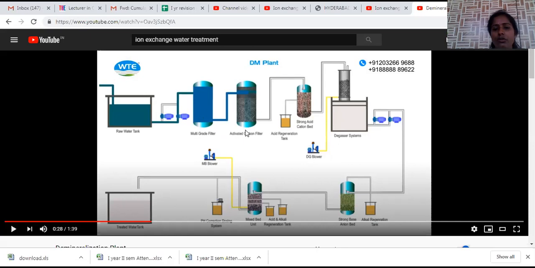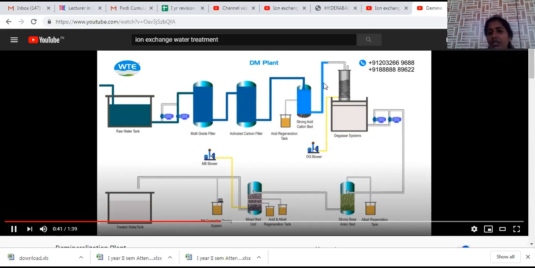Now water enters the second chamber, which is called the activated carbon filter. Activated carbon is mainly used to remove any fine particles present in the water by the process called adsorption. Adsorption is used to absorb all the solid impurities. It is again a filtration process only. Minute particles can be filtered by using this activated carbon chamber. Now the water is allowed to enter the strong acid carbon bed. So here this is a cationic exchanging resin, which is mainly used to exchange all the cations present in the water.